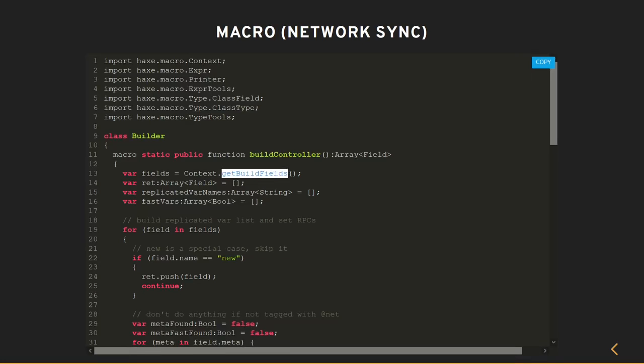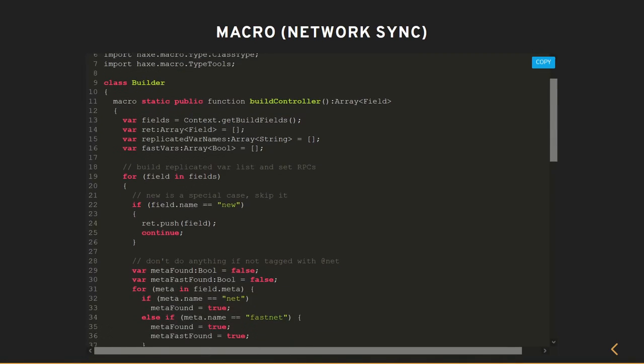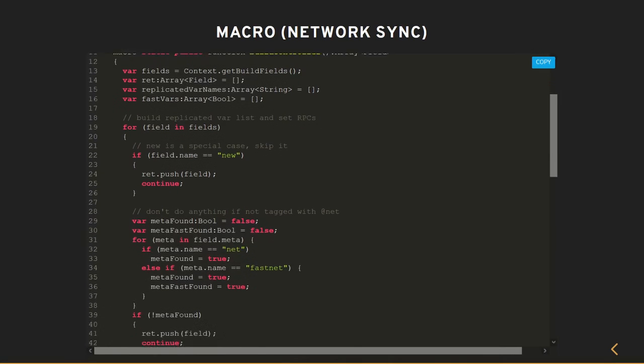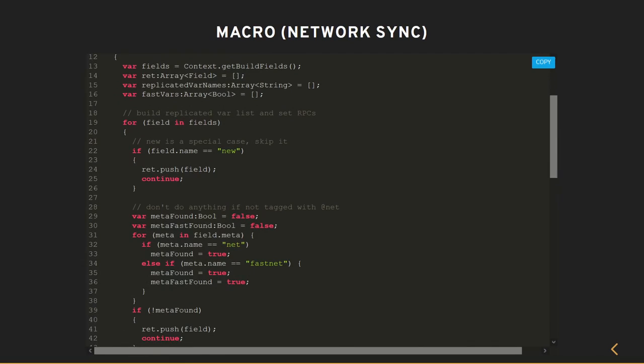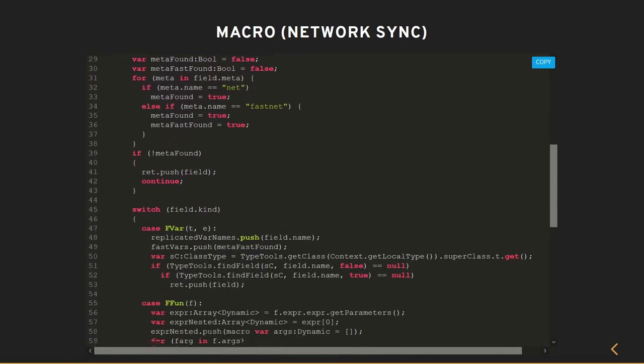And this is kind of the root of our tree, context.getBuildFields. So we're going to iterate over the fields, imagine we're iterating over the variables and over the functions. Here, for example, we detect that we're iterating over the constructor right now, and let's say we wanted to treat the constructor in a special manner. So we're going to do something special for it, whatever.